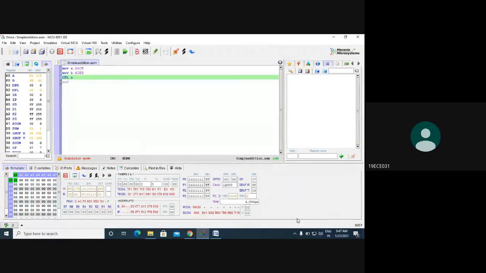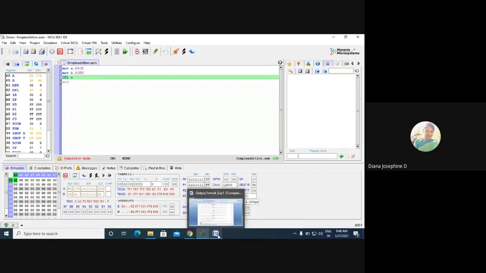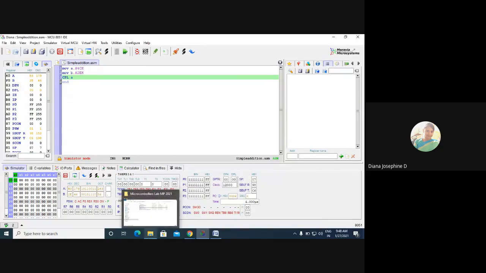Yes, ma'am. Okay. So we have seen the arithmetic operations for experiment number 1, and next we'll be seeing the logical operations. So in 8051, the 4 main logical operations are AND, OR, NOT, and XOR. We'll be taking 2 values. Let one value be 4C, and I have taken it in A register, and the second value be 2E. I have taken it in B register.